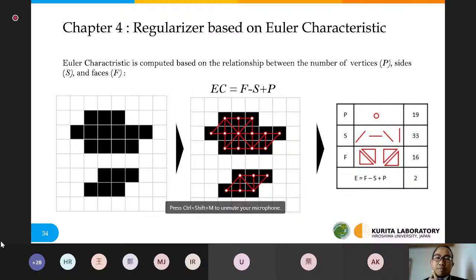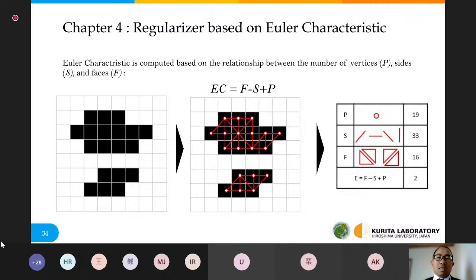For example, in this figure, we have a simple two-dimensional image. So to know the Euler characteristic of this object, first we calculate the number of vertices P and the number of sides and the number of faces, like this showing in this figure.